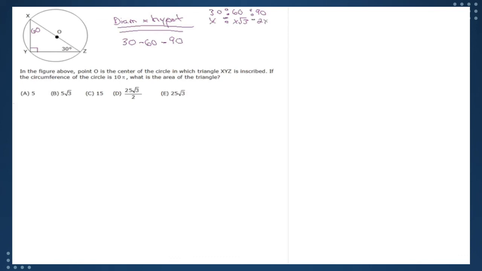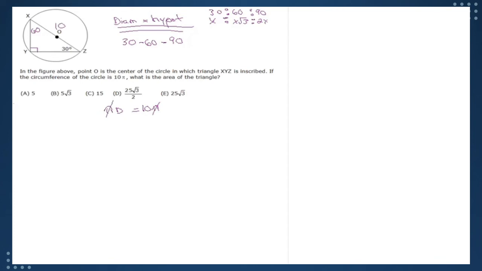So with that said, we are going to go through and take some of the information provided and then use it to our advantage. So we know that the triangle is inscribed. We talked about that. We know the circumference of the circle is 10 pi. Why is that important? Because we can take the fact that we know the circumference and use it to get the diameter. Since pi d is equal to circumference, which is the same thing as 2 pi r, we see that the pi's cancel, and we see that this is equal to 10.